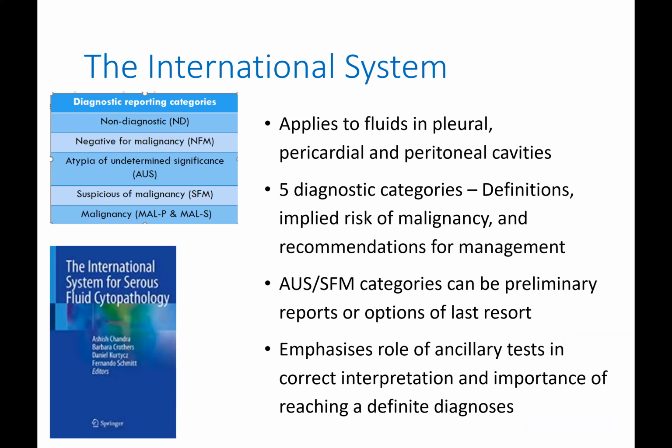The international system applies to fluids in the pleural, pericardial and peritoneal cavities. There are 5 diagnostic categories: non-diagnostic, negative for malignancy, atypical of undetermined significance or AUS, suspicious of malignancy, and malignant. And malignant is divided into primary and secondary. The international system provides definitions and an implied risk of malignancy, together with recommendations for management for each of those